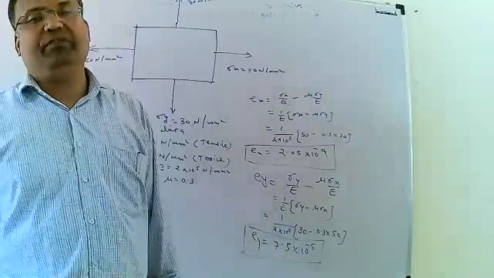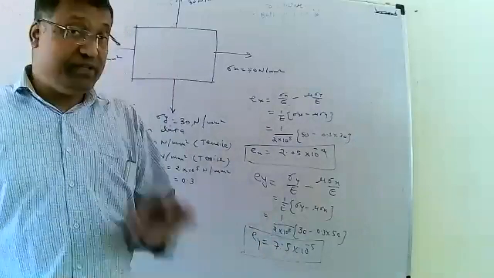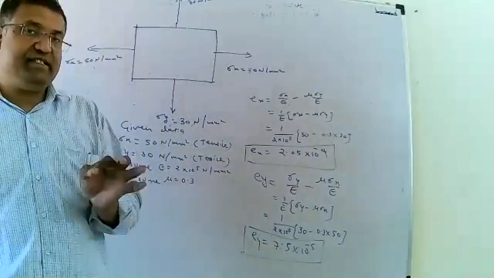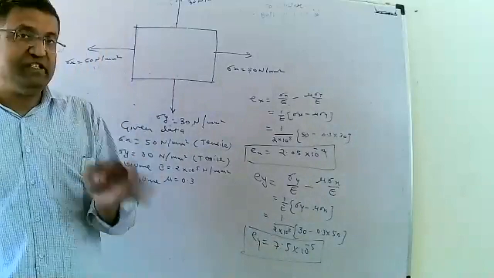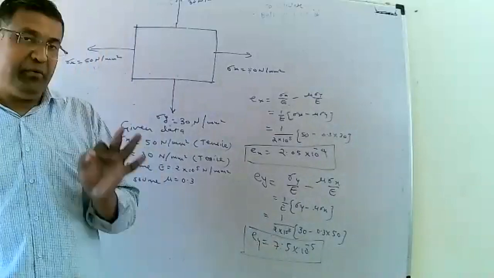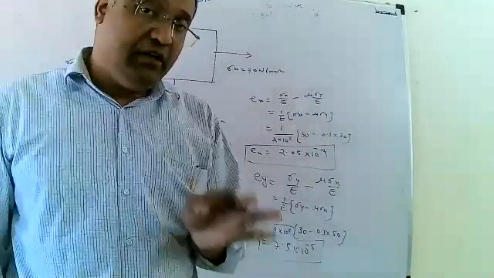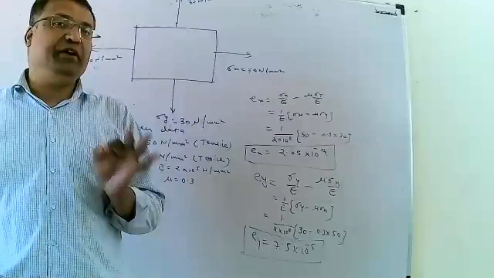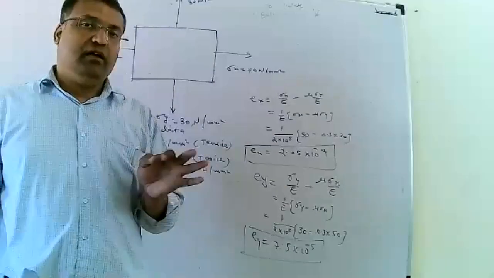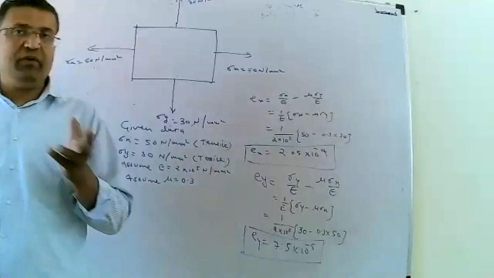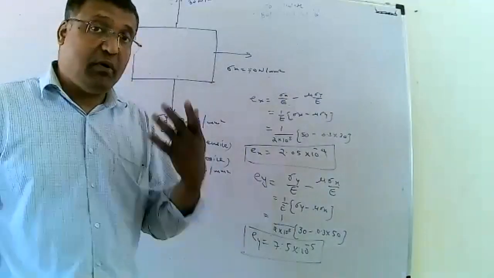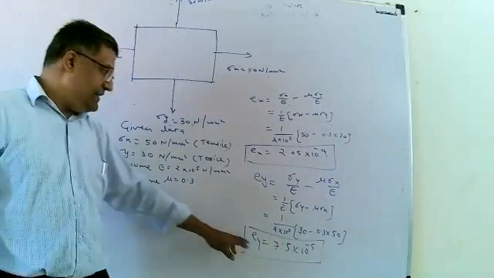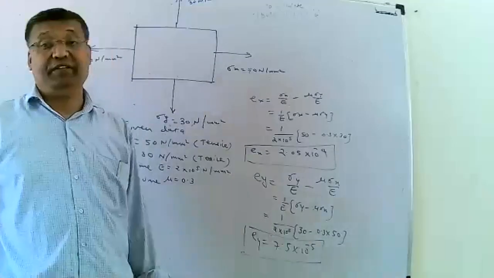The strain has no unit. It is a dimensionless quantity. Always remember, that is a very important point. Now, the unit of stress: stress is represented by the Greek symbol sigma. It has unit Newton per mm square or Newton per meter square or Newton per centimeter square. But strain is represented by small e. It is a dimensionless quantity, or it has no unit. Always remember, strain induced along any direction, either x, y, or z, has no unit. Always remember, Ey is equal to 7.5 into 10 raised to minus 5.